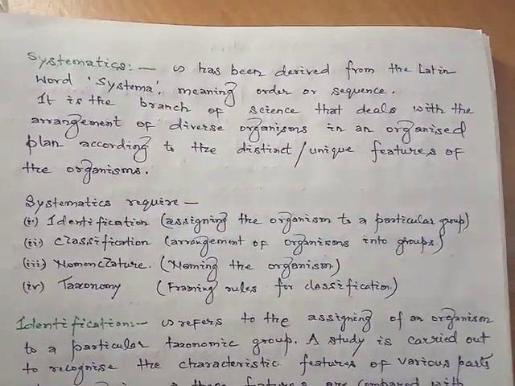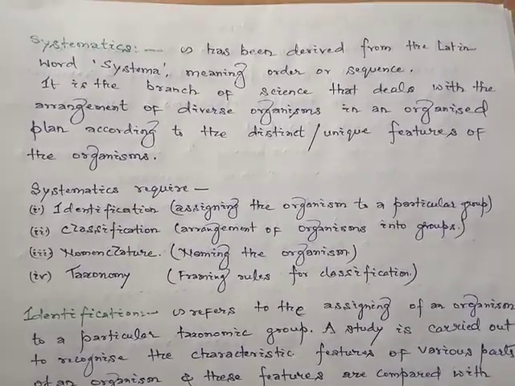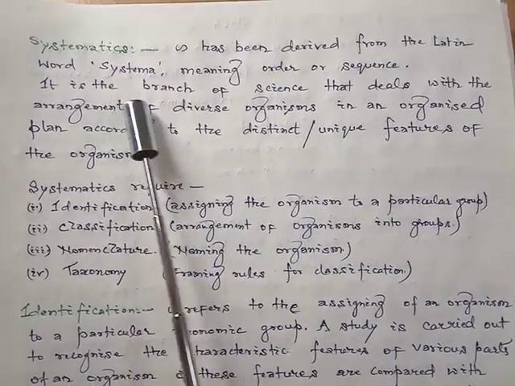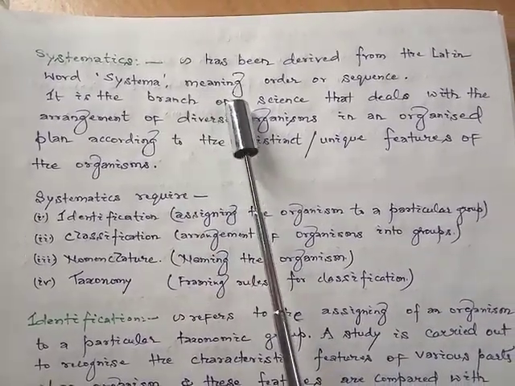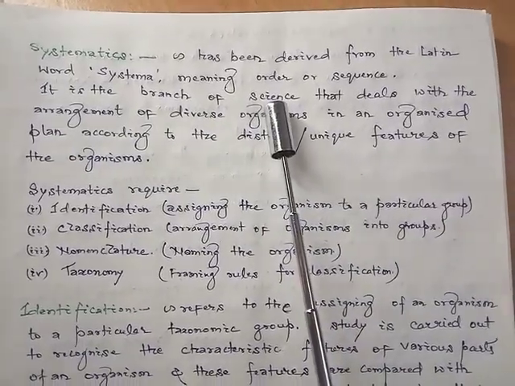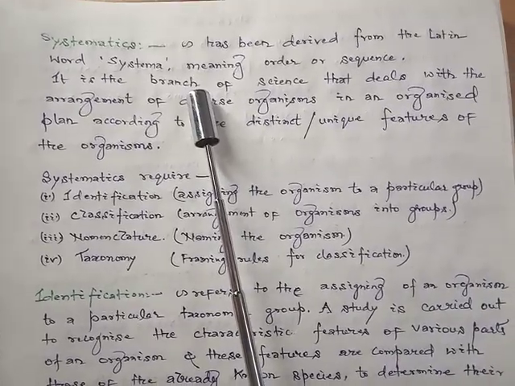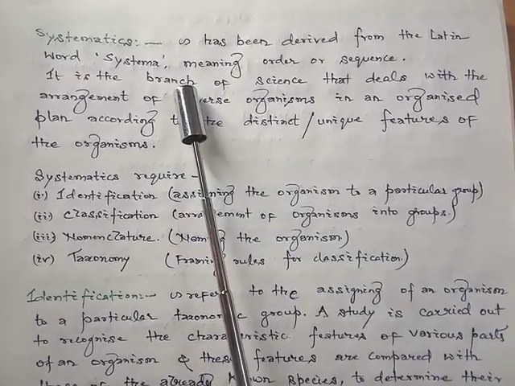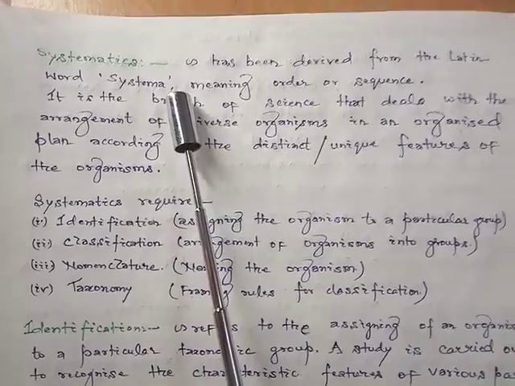So, we'll go through certain terminologies which we have to study in the chapter. The first one is systematics. What is systematics? It has been derived from the Latin word systema, meaning order or sequence. Many times we use the word system in our daily usage. So the normal meaning is in order or in sequence, that particular material is in a particular